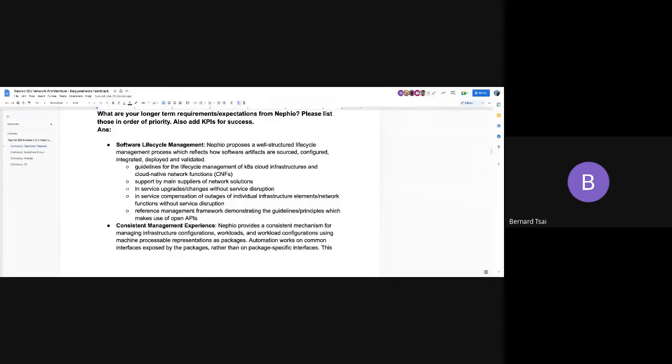I just want to make sure that if we're looking at how to address the design principles, we have some results which we can make use of in our communication with vendors and infrastructure providers. That means we would like to have some guidelines for the lifecycle management of Kubernetes infrastructures and the cloud-native network functions. We would like to have support from the main suppliers of those elements. There should be the possibility to do in-service upgrades and changes without service disruption.